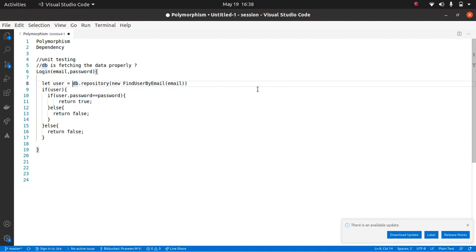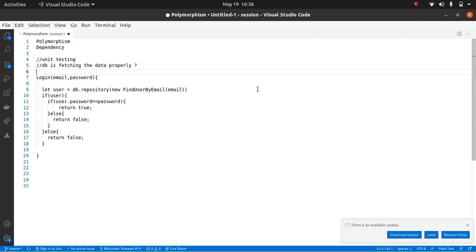Now the question is, do I have to actually hit the database and get the user, because I'm not testing the query here. I think we need to create duplicate user and password, and after that we check. Not necessarily, you don't need that. You don't need to create a test user so that we can test it out.